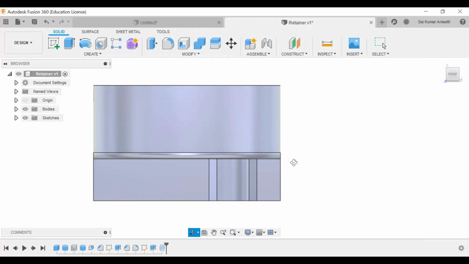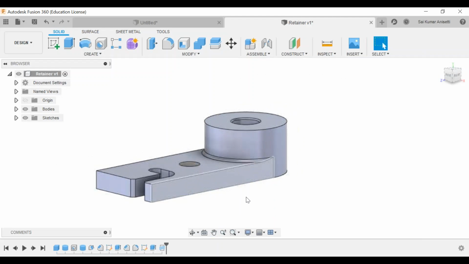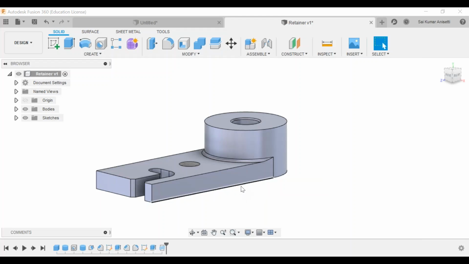Okay, this is the most important step now: orthographic and perspective views. And ground plane offset, don't click this. Generally origin is your default zero point. In some software that is an advanced tool. If you want to make your tool offset to the ground, like 10 mm above the ground, then you can go with those things.